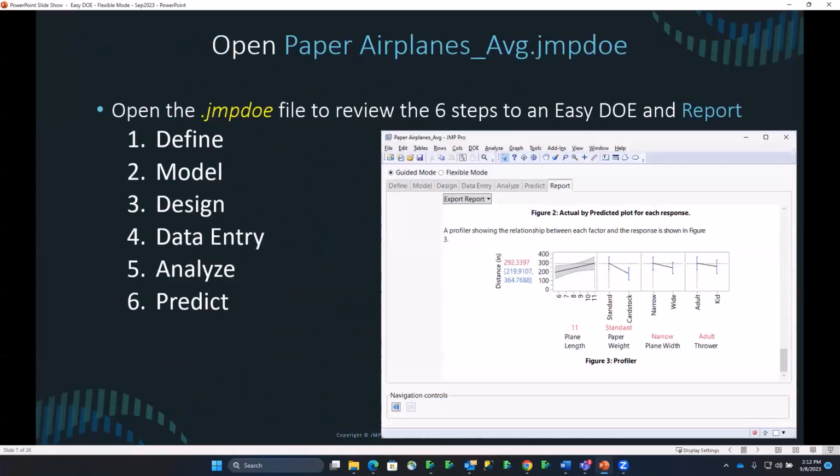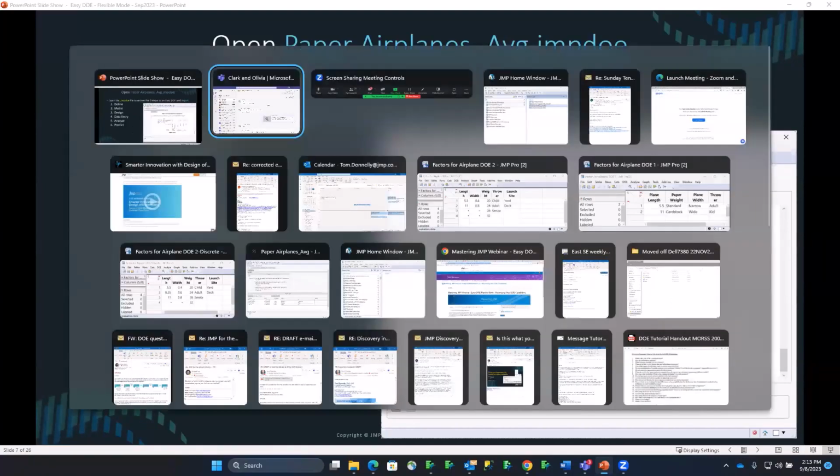All right. Now we're going to get into looking at the guided DOE presentation. And one of the things that JMP now does is it creates a new file with a .jmpdoe extension. And that's the file you'll share to be able to share your results and your report with other people. So let's drop out to JMP and get that information. So I'm going to go over to JMP